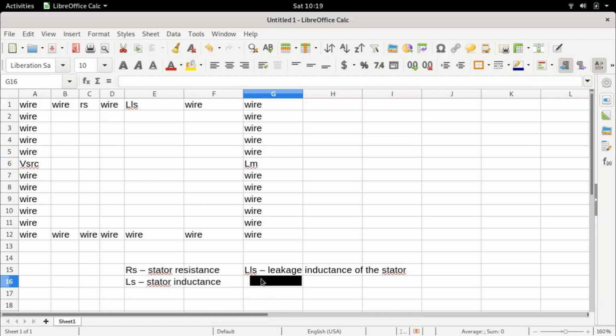And this LM is the magnetizing inductance of the stator, right? This is the magnetizing inductance. So this leakage inductance is the inductance that results in flux that does not do anything useful. This magnetizing inductance, on the other hand, results in a flux that does useful work, that produces a torque. The flux that is produced because of the current flowing through this inductance associates with the rotor and ends up